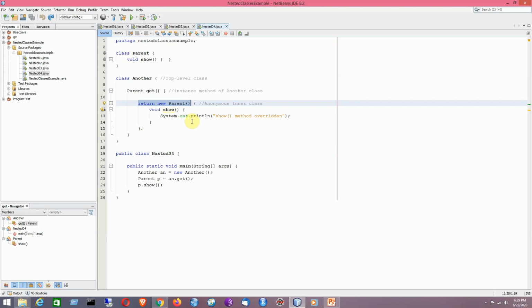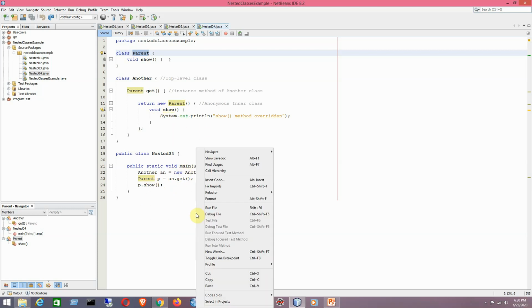So in that sense it is an anonymous inner class, which happens to be a subclass of the class named Parent. That is why I am creating here an object of its subclass, that is, the anonymous inner class. So now the parent class reference p will be pointing to the object of the anonymous inner class. Now by using this object I can have access to its instance method, that is the show method, which has been redefined here.